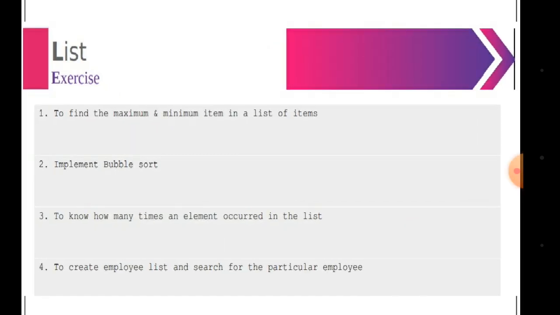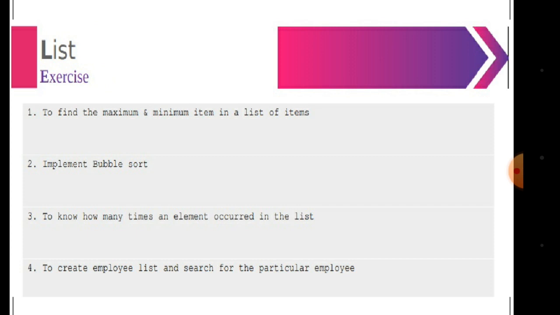Then these are the four exercises I am giving to you. Just solve them and do the practice. These same questions I will provide you as an assignment. Submit your solution in a file, any image file you can submit. You can write this program in your desktop Python software. Just run it and send me the solution also. You can send an output screenshot. Simply take a screenshot and send it back to me. I will check it out.